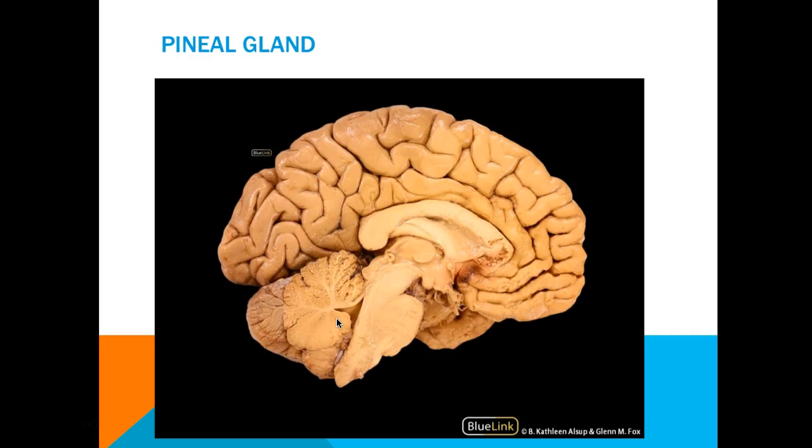Our pineal gland you guys have already seen in lab. We're going to find that posterior to the thalamus, and it is important in regulation of our circadian rhythms. Next, we have the hypothalamus and thalamus that you have also seen in lab already. Inferiorly here, we have the hypothalamus, that triangular shaped structure, and then superior to that, we have your thalamus that is more oval shaped and found inferior to the fornix